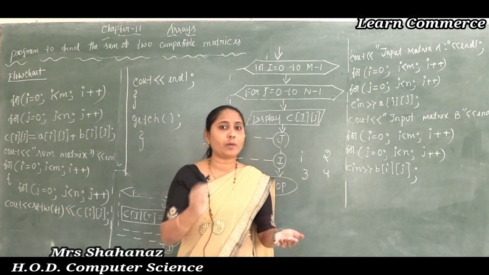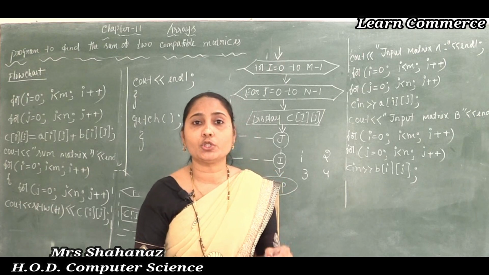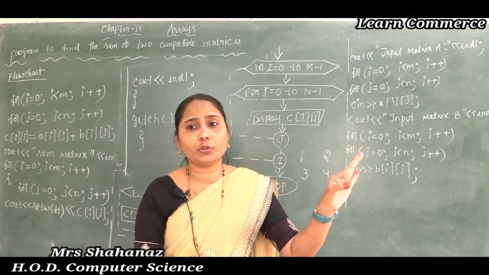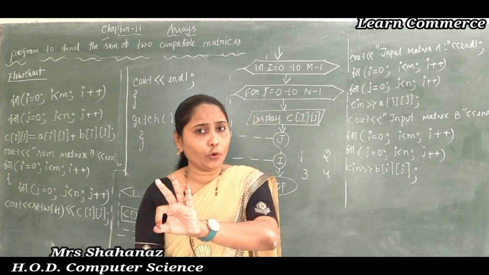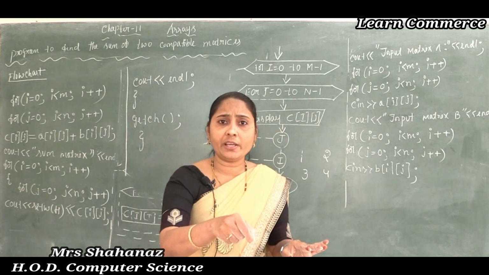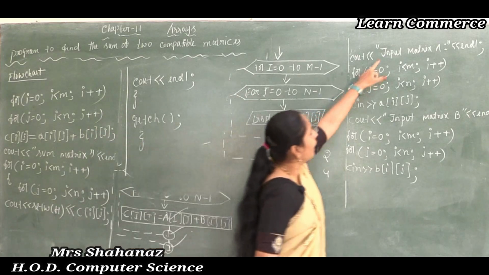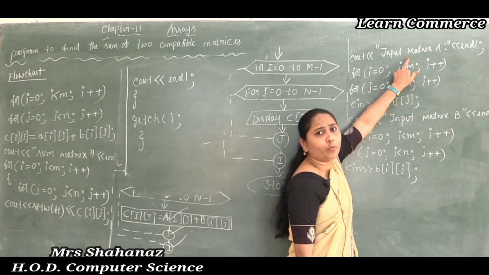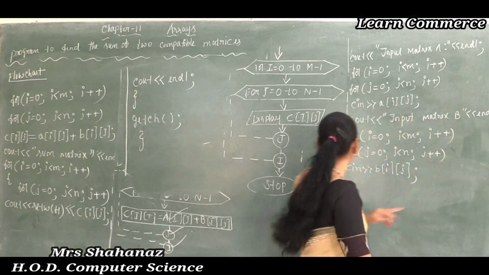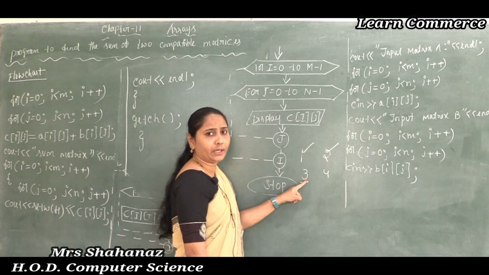When you are going to run the program, first of all it is going to display enter order of the matrix. On that time you need to input some value through the keyboard, that is 2, okay, 2 rows, 2 columns. Don't go to write rows and columns, just 2 number key you have to press it, okay, 2 here. Then later it is going to display one more message, input matrix here. On that time you need to input 1 2 3 4. As we wrote endl, the cursor is going to blink in next line. After completing 1 2, okay, the cursor is going to blink in this line. On that time you need to enter 3 4.